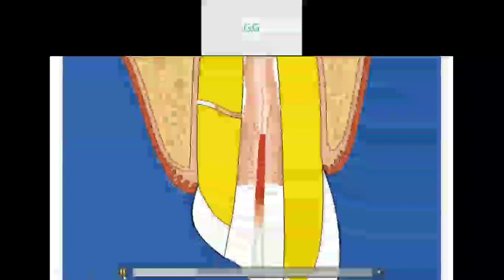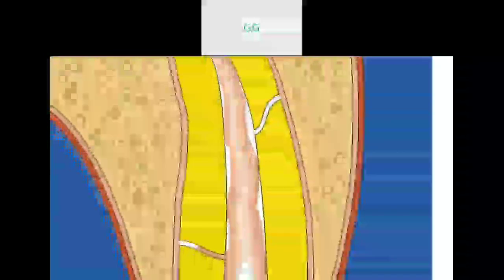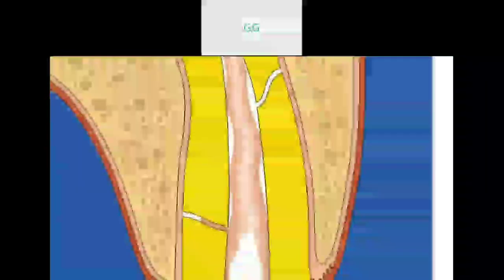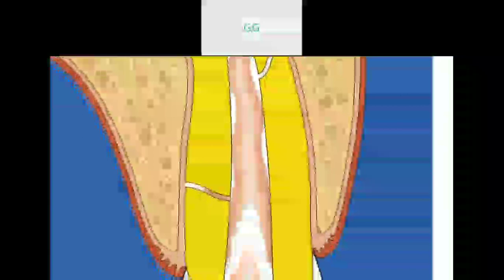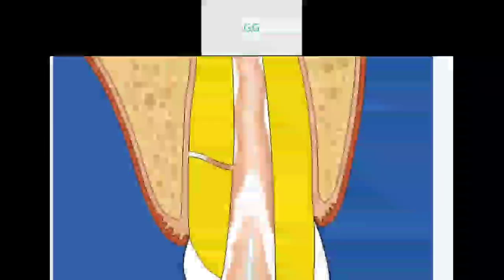So only the upper coronal 3 to 4 mm has been heated and softened, after which the plugger, used in the cold state, is placed inside. Since it is cold, when we compact using the plugger, some part of the GP sticks to the plugger and is taken out of the canal. It is not to be placed back. So this is what we intend to create. This is how the GP is removed from the center part, and some of it sticks to the walls, and this is what we aim to do in this obturation technique.